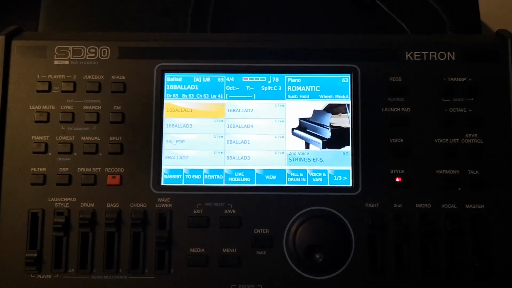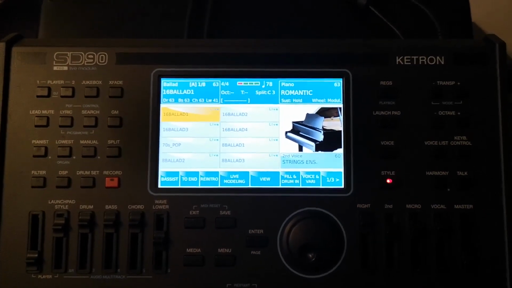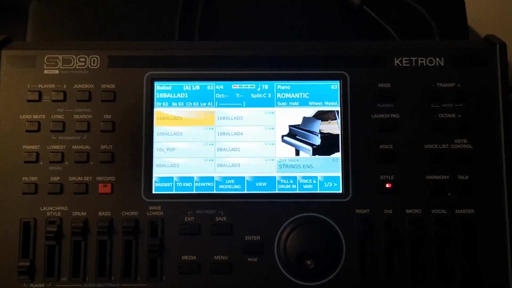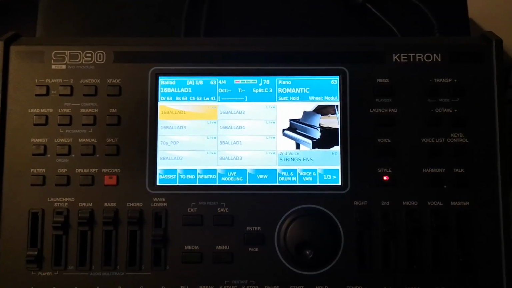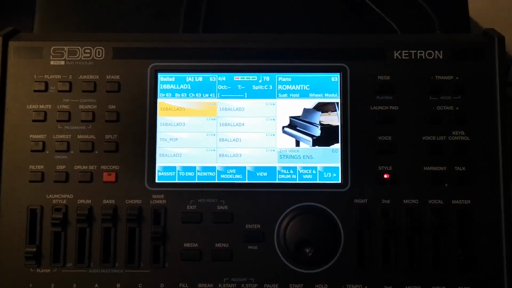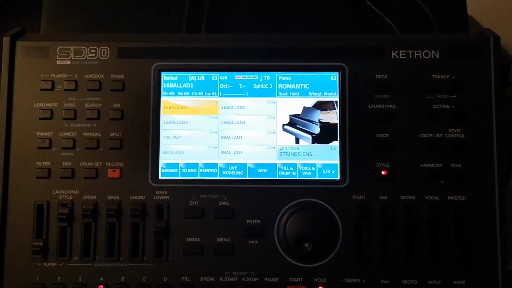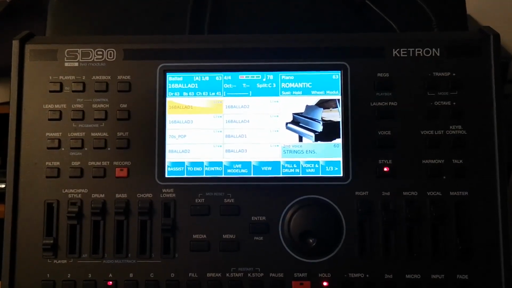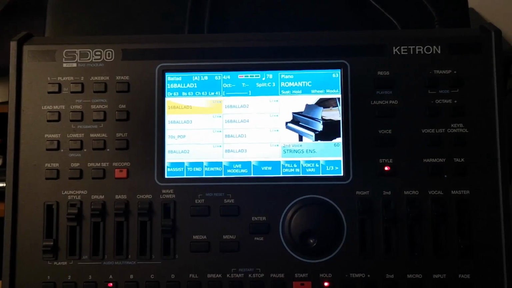10. I upgraded to Cubase 10. I want to see are there any changes. Can I get a little bit better connection? Can I work a little bit smoother than it was before? I was skeptical because SD90, same operating system, nothing is changed there, just Cubase is changed a little bit, so I didn't expect that it is going to be any big difference, but still I tried to do some connection and to see how